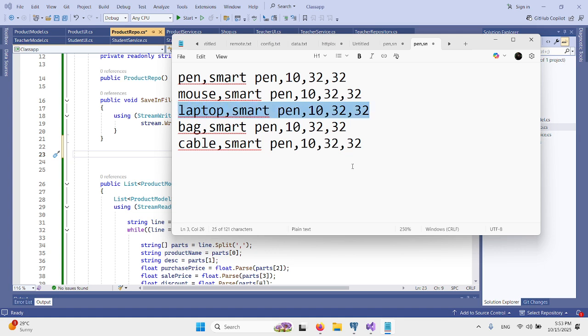What we will do is load all the data into the list, update the data in the list, and write the whole list back into this file, removing all the previous records. We will load all the data in the list, update the record in the list, remove all the data, and write the whole list in the file again. Then the file will contain updated data.